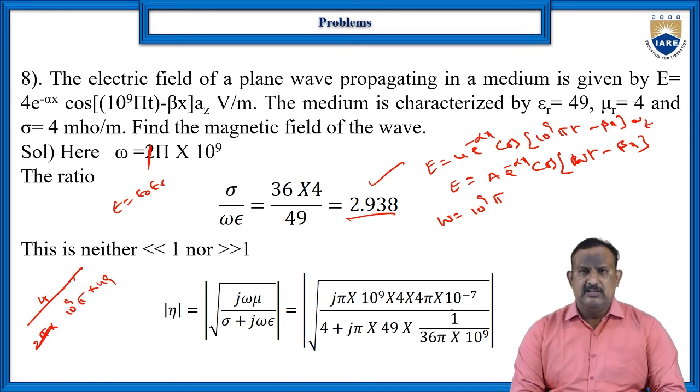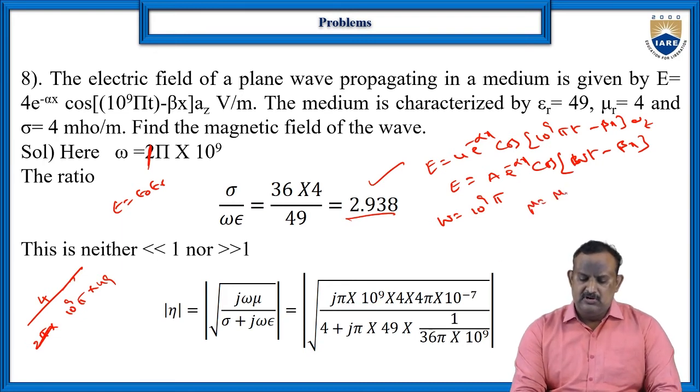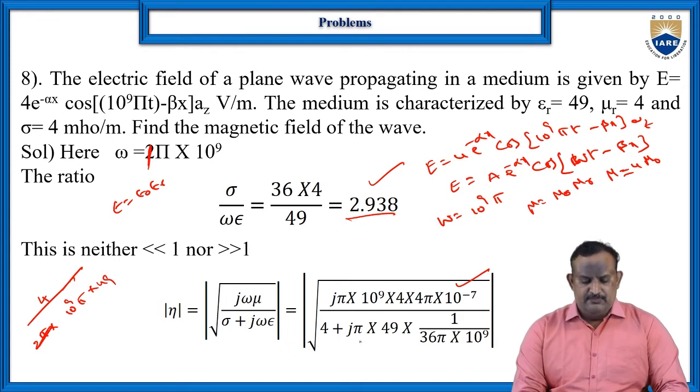If you substitute all these values, omega is pi into 10 power 9, and mu is equal to mu naught into mu r, where mu r is given as 4, therefore mu equal to 4 into mu naught, which is 4 into 4 pi into 10 power minus 7, divided by sigma, which is 4, plus again j into omega, which is pi into 10 power 9,